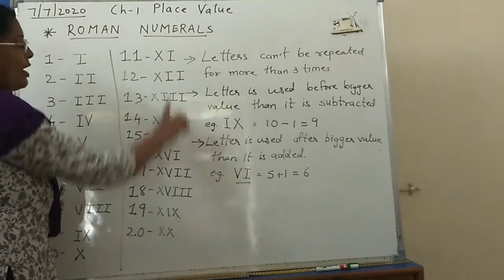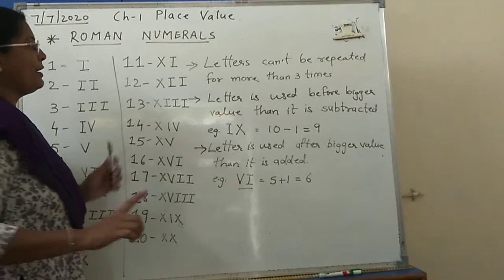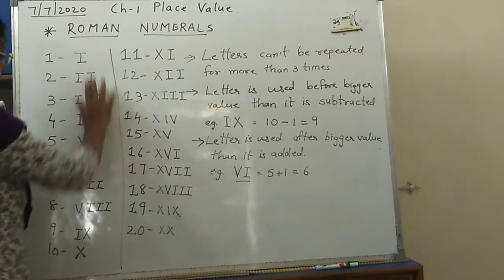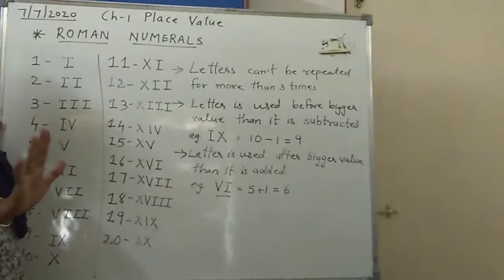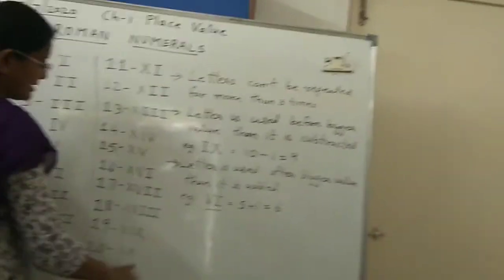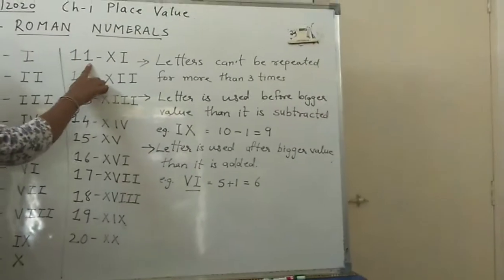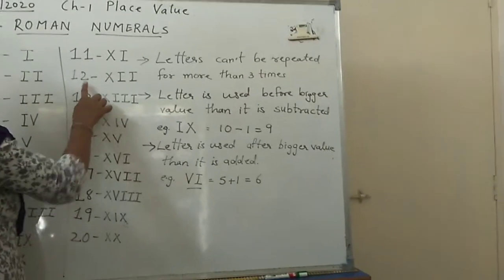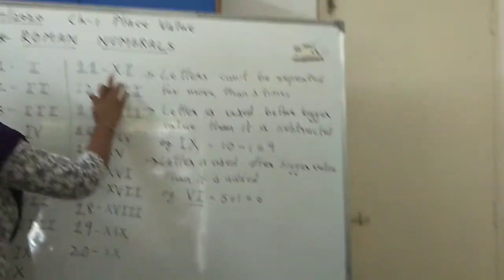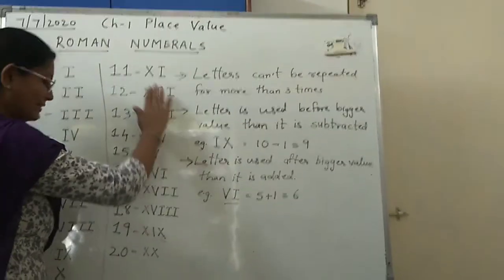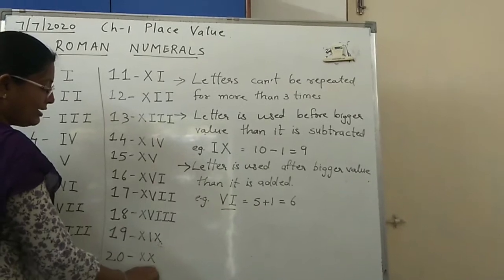Okay, like this way you have to make the numbers, Roman numbers. If you want to remember, there is a trick. What you have to do? 1 to 10 you should know how to make it. Okay. Then write 1 to 10 here. You have to write C. And before 1 to 10, every time I have added 10. Why? Because 10 plus 1, 11. 10 plus 2, 12. 10 plus 3, 13. Same way 10 plus 1, 10 plus 2, 10 plus 3. Like that way you have to write. Now here it is 20.